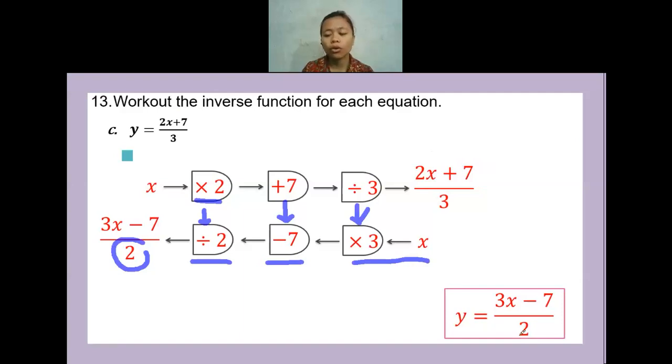Is there anyone who is confused so far? No confusion? Or a lot of confusion? No? Okay. No one told me anything through the chat box, so I think none of you have any confusion. We only have about 1 minute left. It will not be enough if we continue to question 13D, so I will just end my class. I think that's all for today's class.